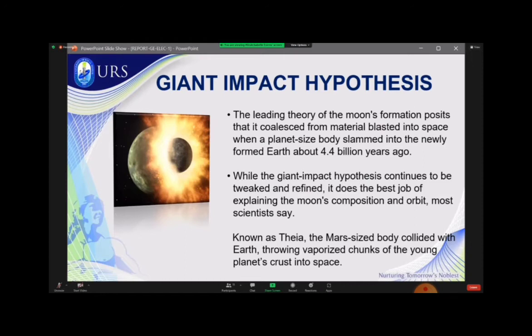And yung colliding object's heavy iron core would have remained sa Earth and eventually fuse with the Earth's core, while yung mga lightweight substance ng mantle and yung Earth's mantle is thrown into space. And so, throughout this heavy collision, almost all of Earth and Theia started to melt and nag-transform sila as one body. Tapos, the debris from this impact gathered in an orbit around the Earth to form the moon. And nag-provide din siya ng ideal conditions for the formation ng body with the moon's unusual chemical composition.